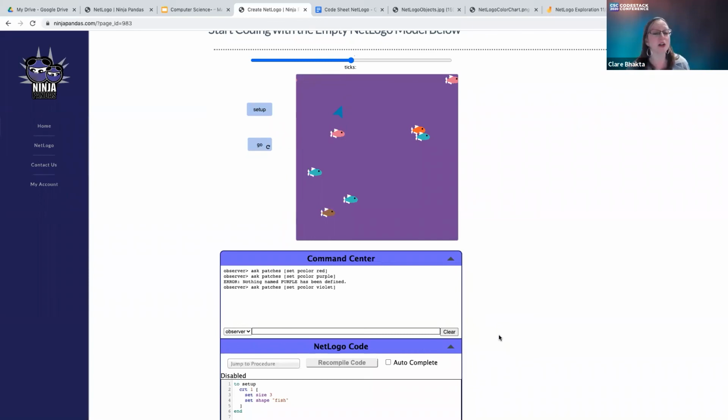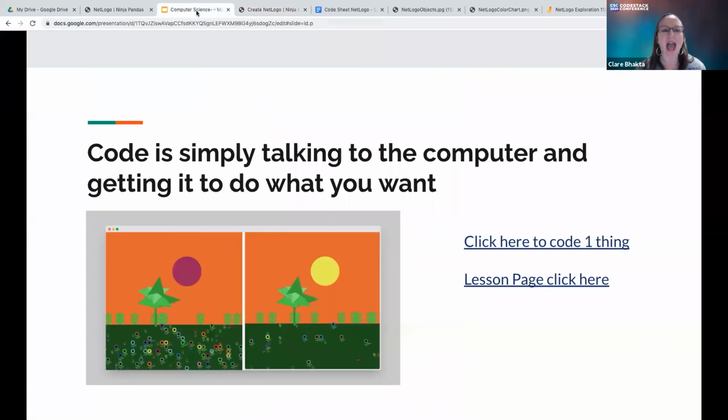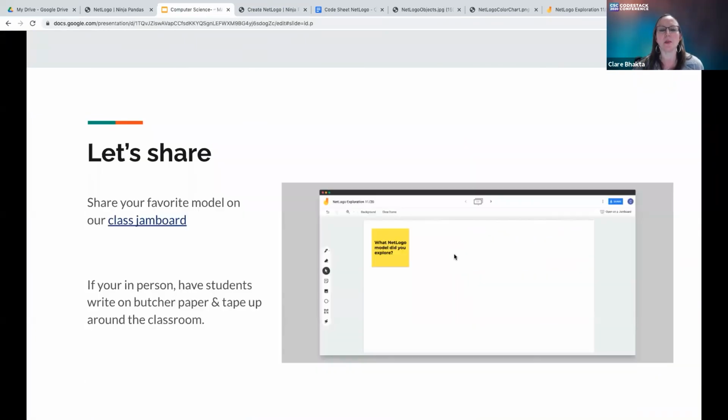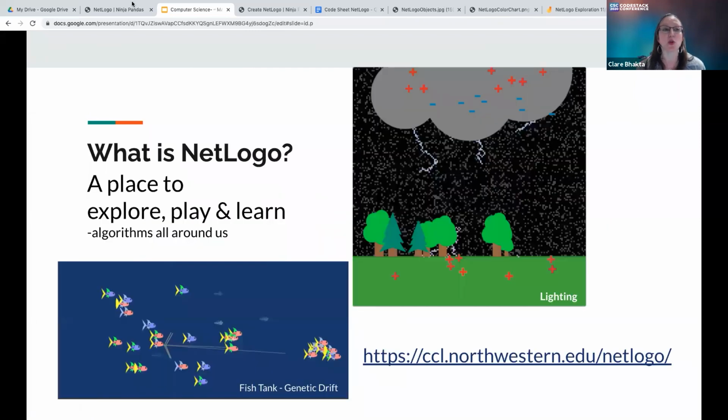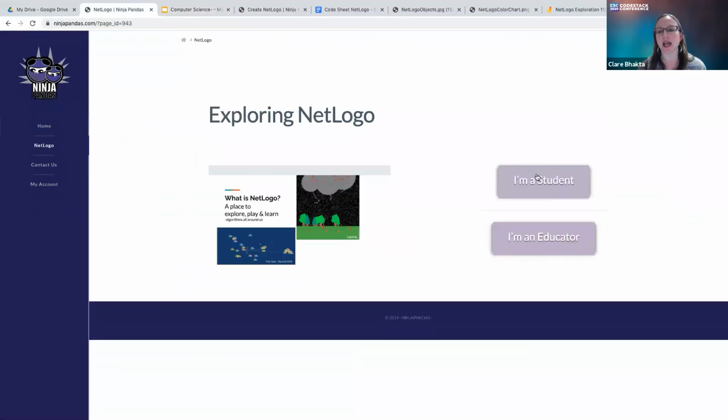They're problem solvers. They're people who are good at languages and who love solving puzzles. Okay, so with that, I am going to open it up to questions and talk to you guys and see what did you think? I don't know if every student's going to code in it, but I do believe in the power of every single student coming and playing with it and exploring it. And that's what on this Ninja Panda site, when you come here